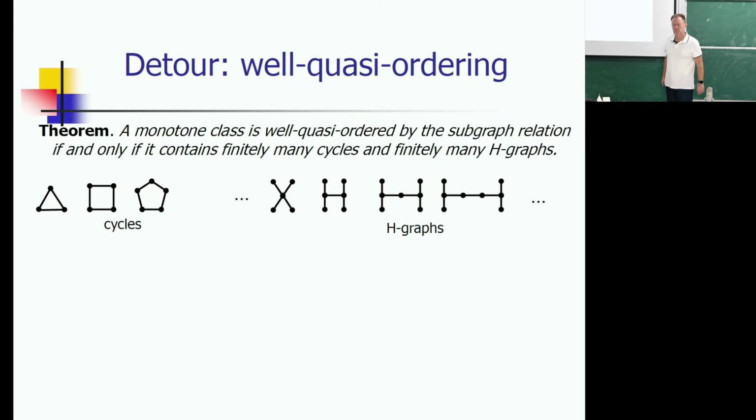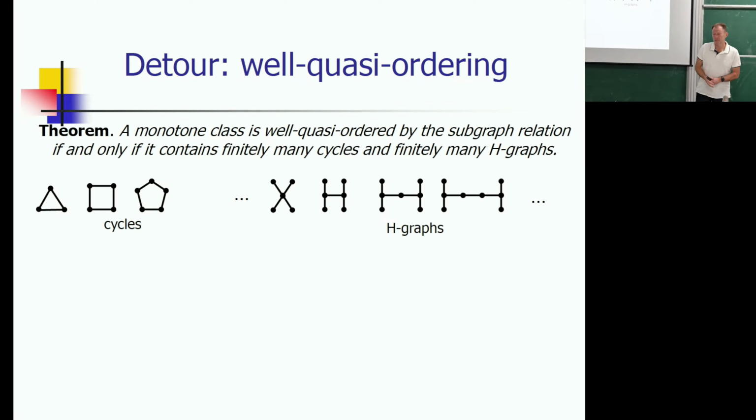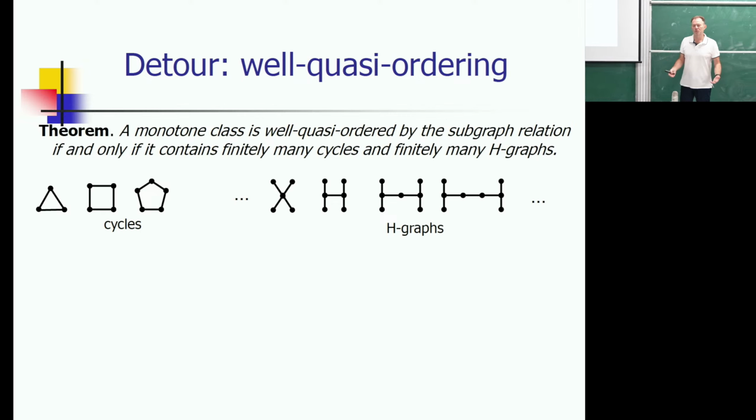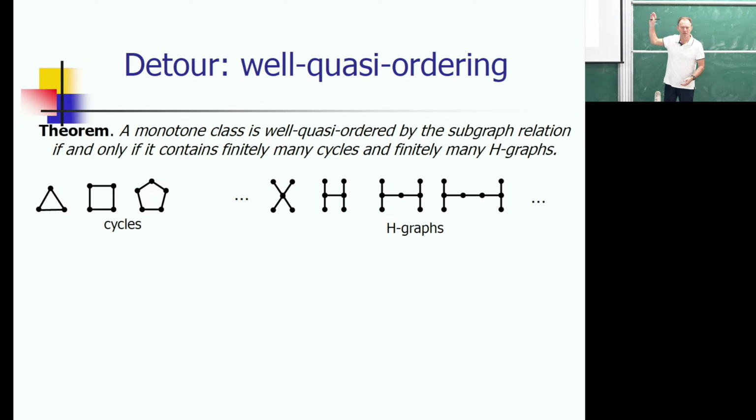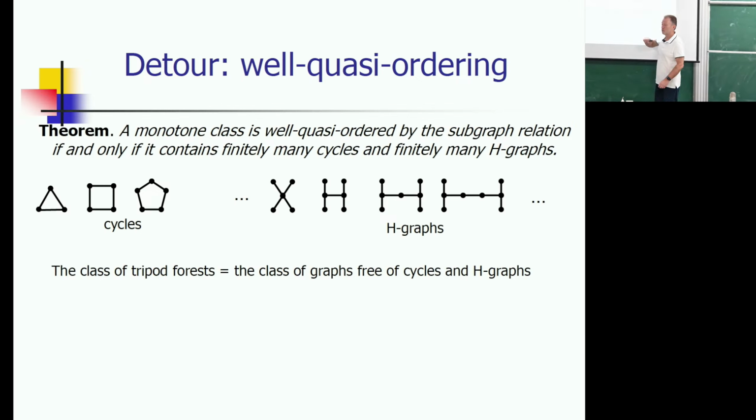It's the same. I mean, it doesn't matter whether we forbid these graphs as subgraphs or induced subgraphs. We obtain a class of graphs. Can you guess what it is? What is the class of graphs obtained by forbidding all these graphs? Of course, it's a subclass of forests because all cycles are already forbidden. It's the class of tripod forests,